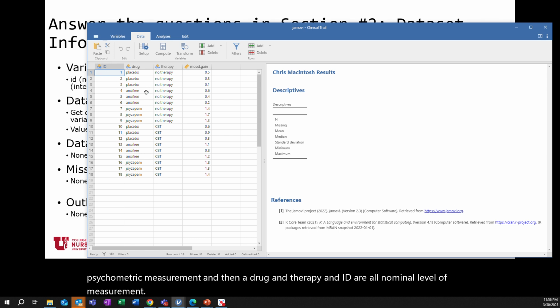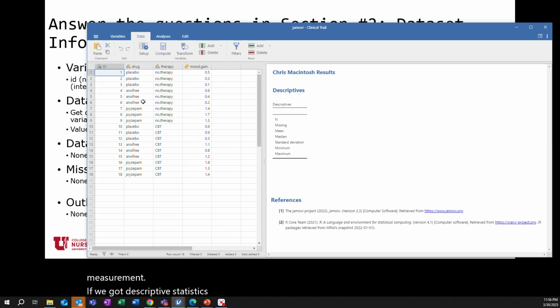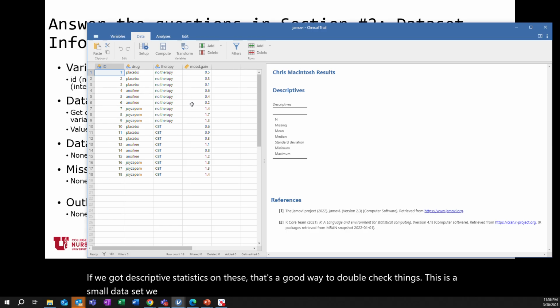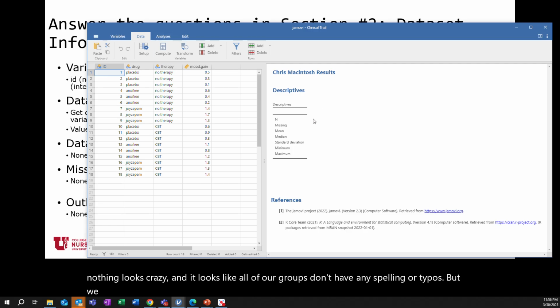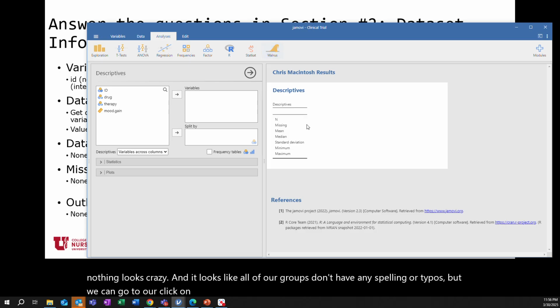If we get descriptive statistics on these, that's a good way to double check things. This is a small data set. We can see we don't have any missing data. I can review these numbers and nothing looks crazy, and it looks like all of our groups don't have any spelling or typos, but we can go to click on our descriptives that we started, and